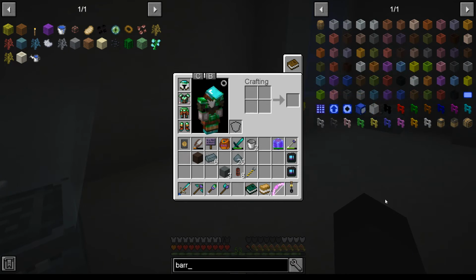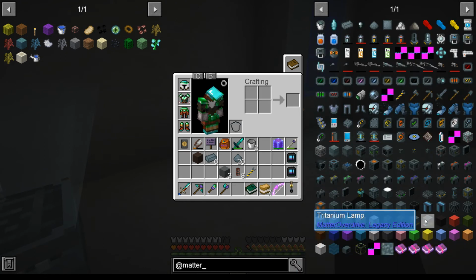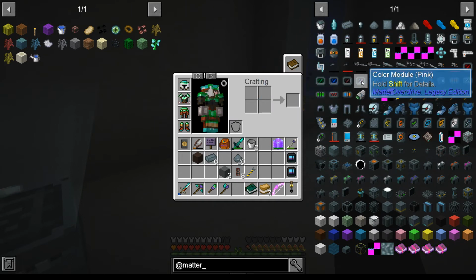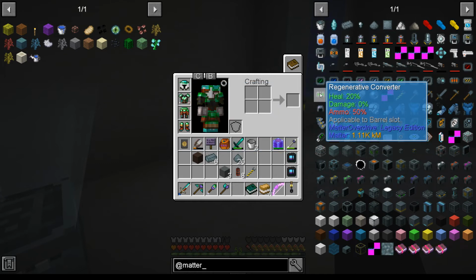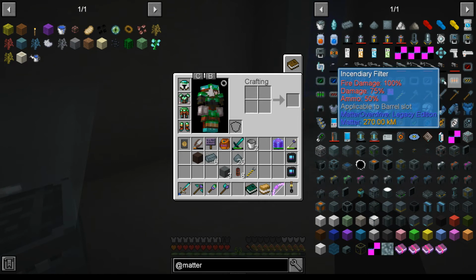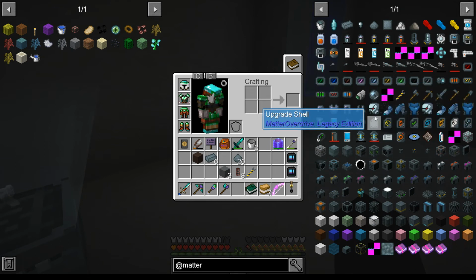That doesn't look like it's anything to do with matter overdrive. Let's have a look at matter. So you've got matter containers, you've got barrel slot, void exaggerated nullification obliteration matrix. Okay, this is barrel slot, so the barrel can go with a dilithium focusing matrix, for example. So I think we can definitely make one of those. We've got the color modules, which would go in the back. Scope goes into the slice, and